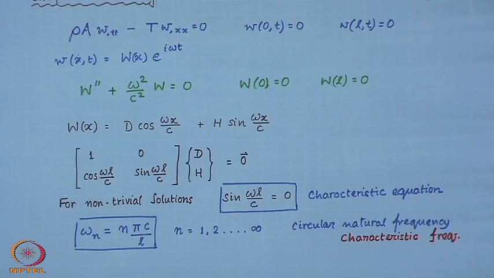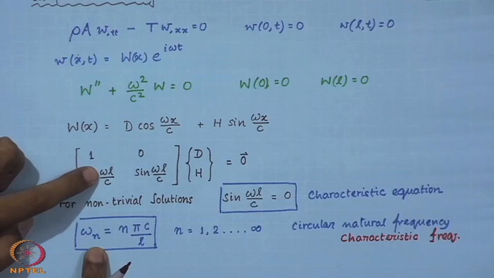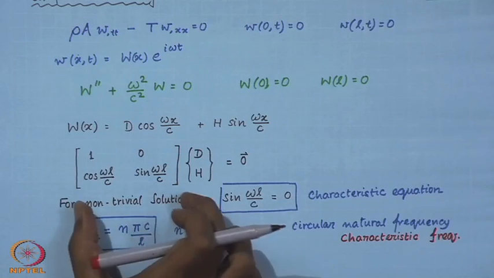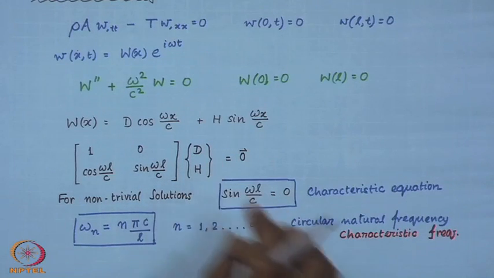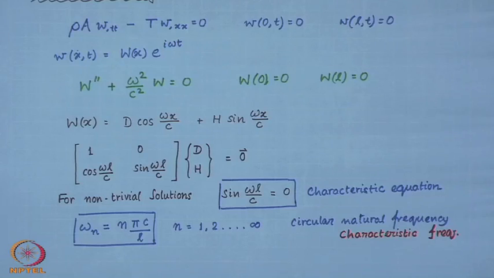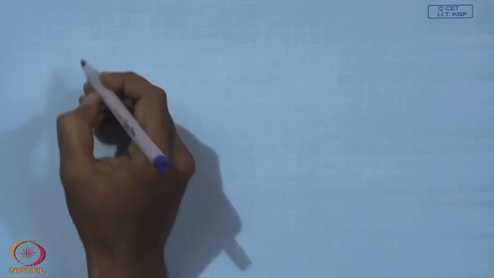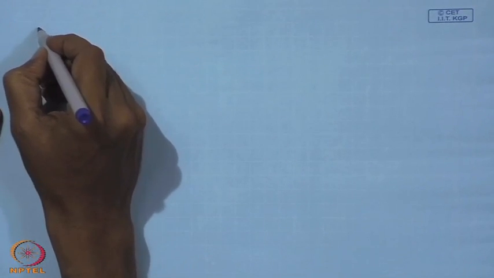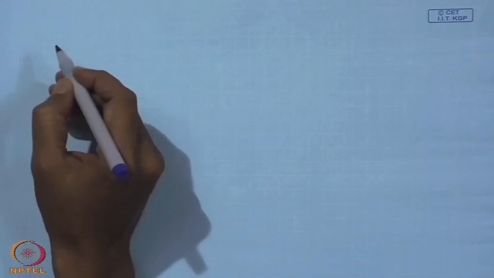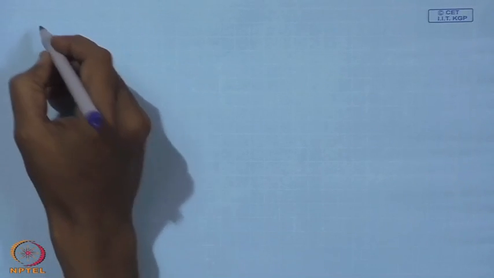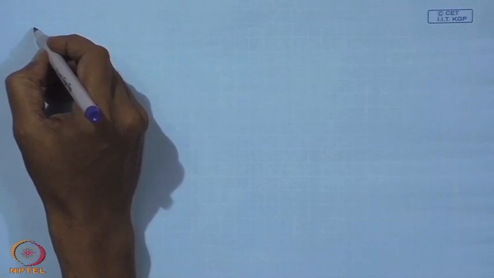Of the system. Now, once we find these special values of omega in this matrix for which we have non-trivial solutions, then we can really find those non-trivial solutions by finding the corresponding d and h values, which look like this. So, if you substitute these values of omega n into the boundary conditions, now it can be easily seen that